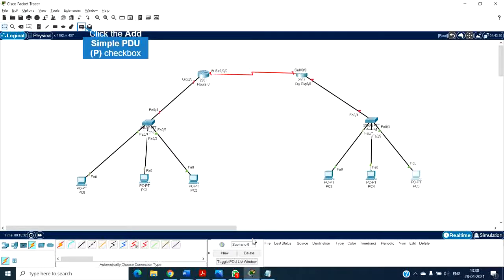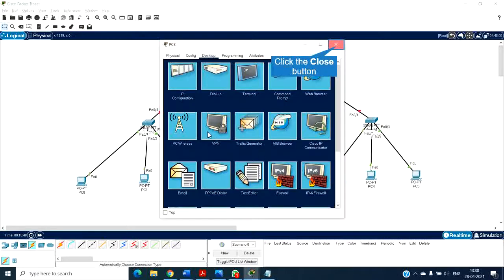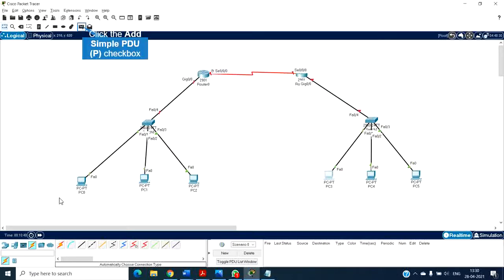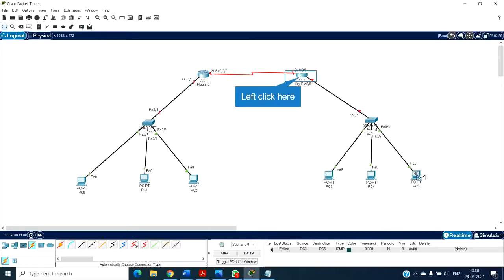Now, if I drop a packet from PC3 to PC5, ideally it will fail because it will not know where to route it. I'll show you that. Previously, when we had just formatted from PC0 to PC2, it was able to take the packet directly.